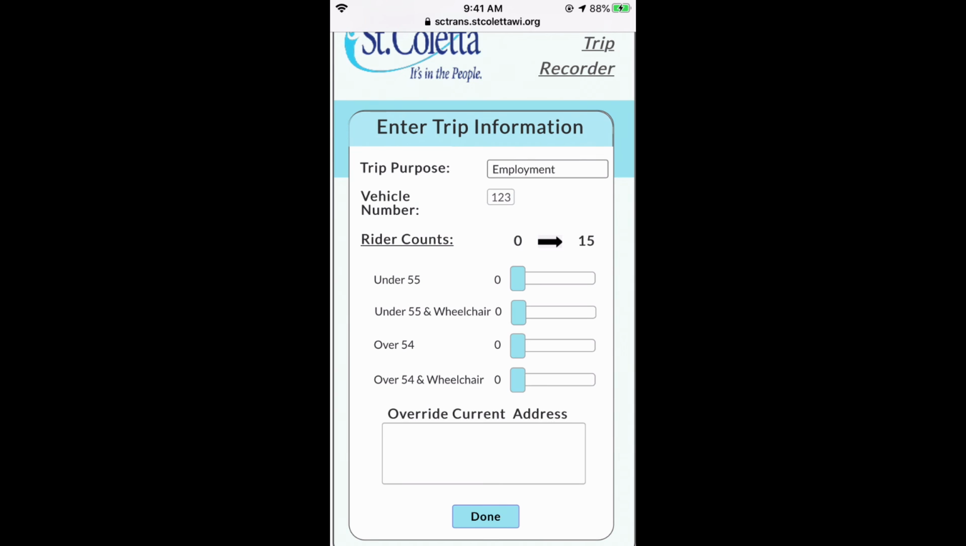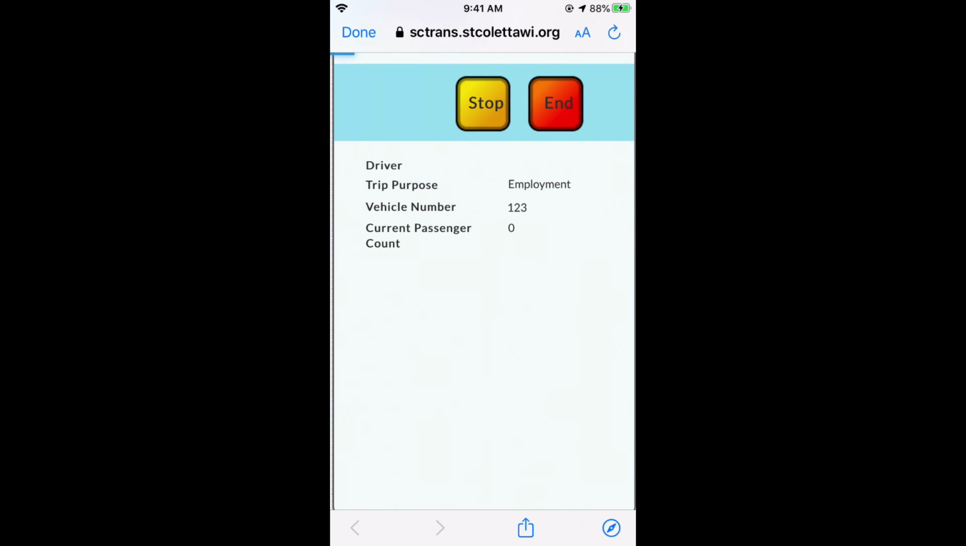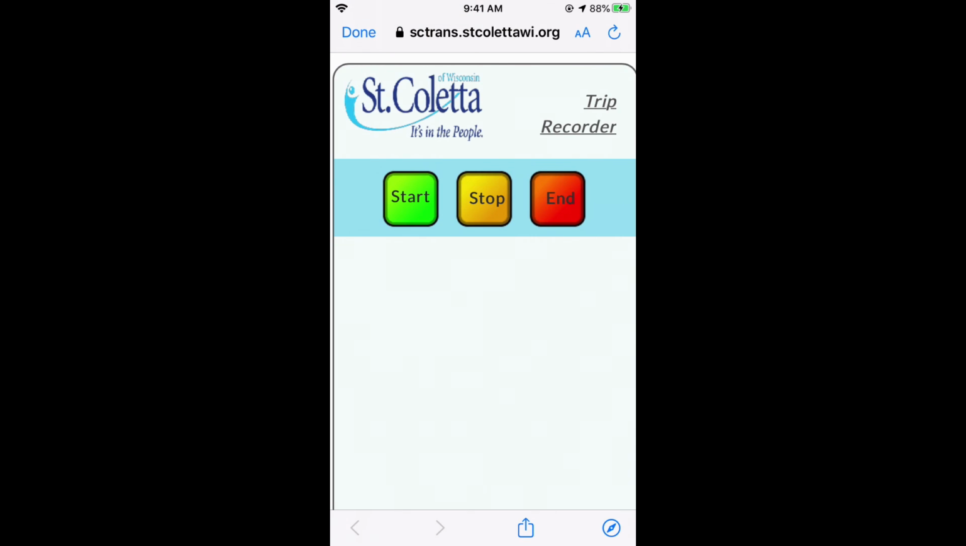Really, the only reason this panel comes up at the end is if you're doing the trip manually and you want to override the address. So normally, if you're using this app during the trip, you press the End button. This will come up and verify that everything's 0. You press the Done button, and you're completed. So if you press the Done button, it will end the trip and go back to where you started. So that is how you use the